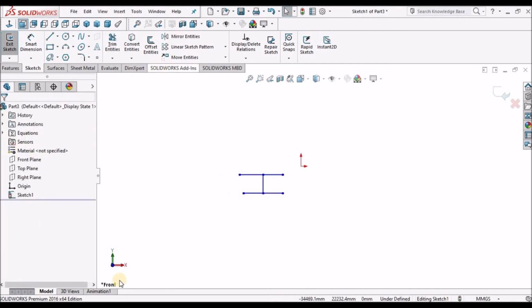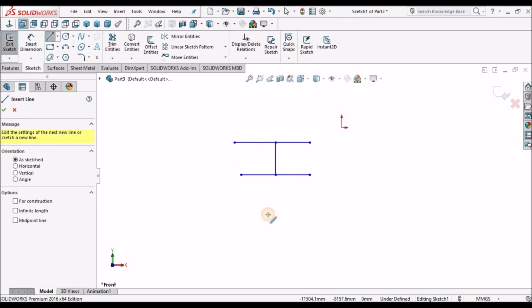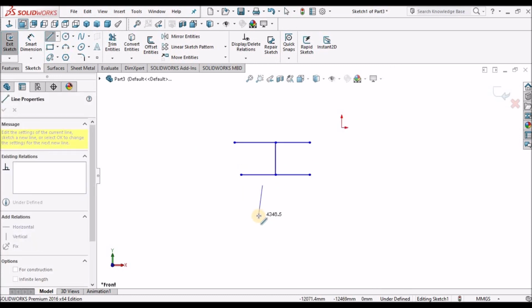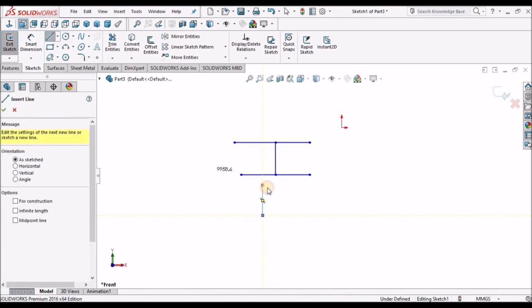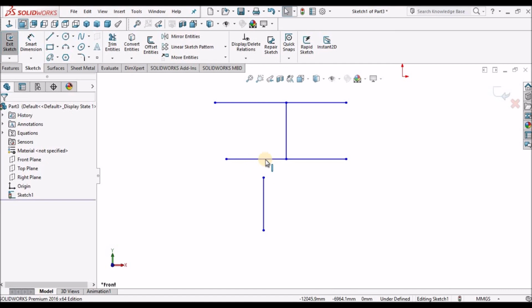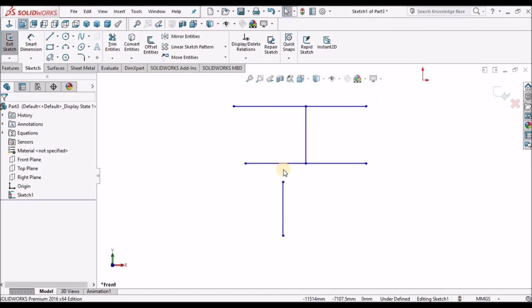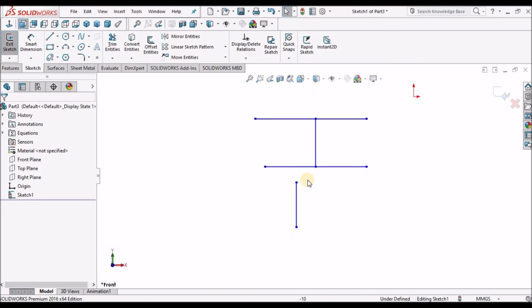One more option is trim extend. If I draw any vertical line near a horizontal one and I want to extend it, sometimes even if I zoom in it's not clearly visible.